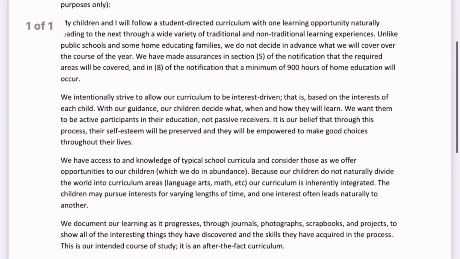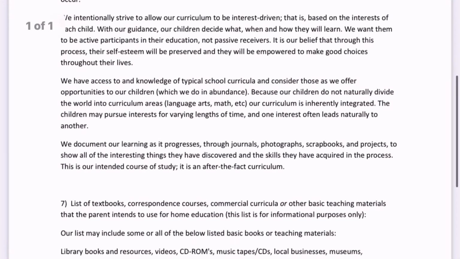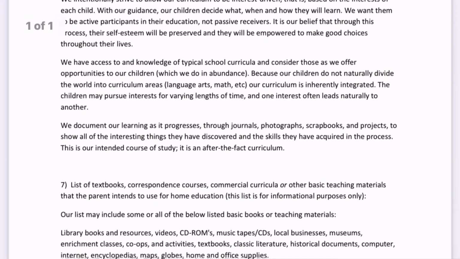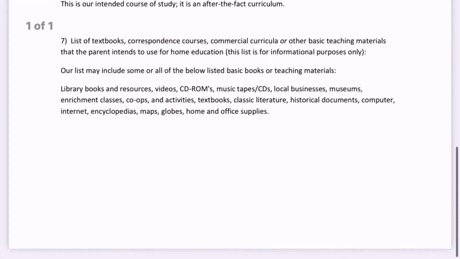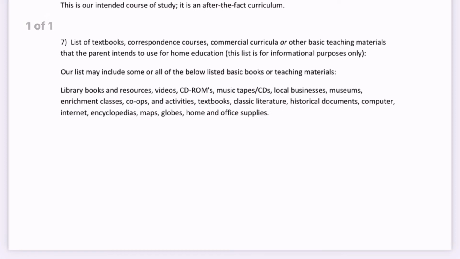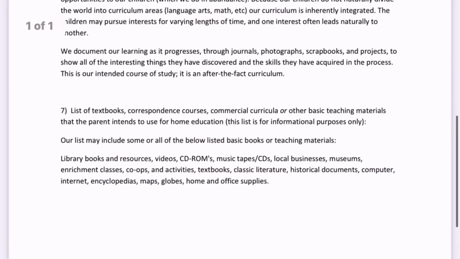The most important thing is that it says we will meet the expectations that the Department of Education has for home learning, but we will do it in our way. We will do it on the timeline that we see fit. They don't necessarily list textbooks and curriculum.